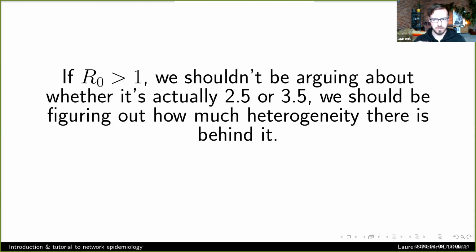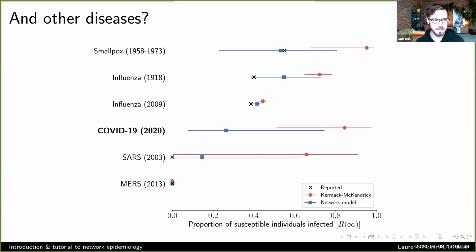We want to know how much heterogeneity there is behind it, because a lot of heterogeneity means that it's easier to control. If we can stop high spreading events, super spreading events, we might be able to win. Now, obviously, as more numbers come out, it looks like this actually has lower heterogeneity, lower variance, and therefore is harder to control, obviously, as an outbreak. But this is, I think, very useful to get the big picture, or the complete picture, around emerging epidemics.